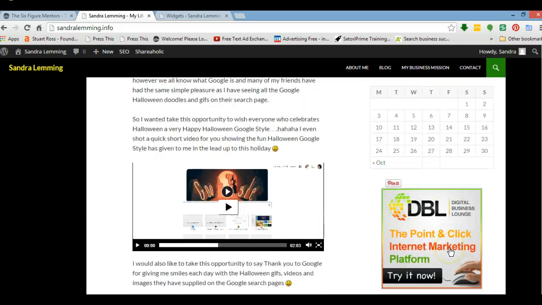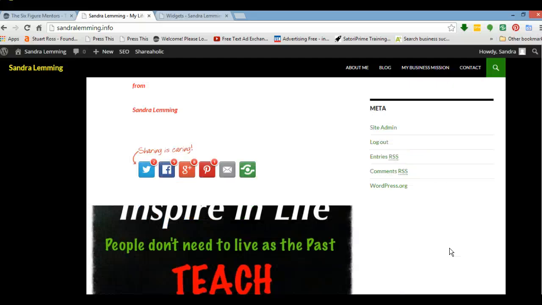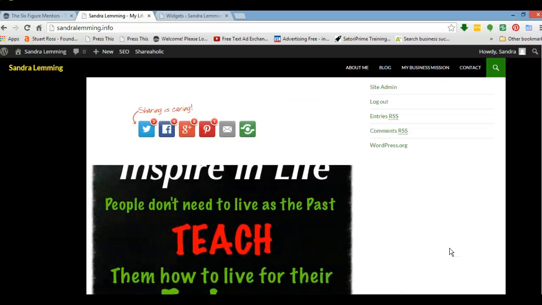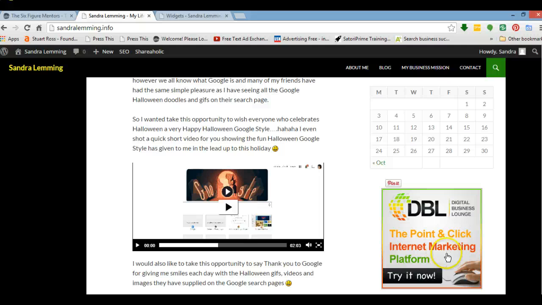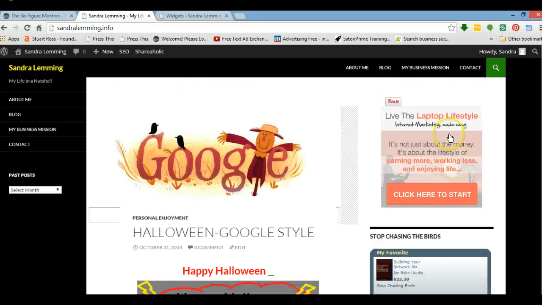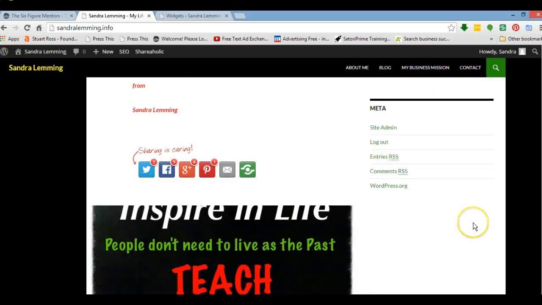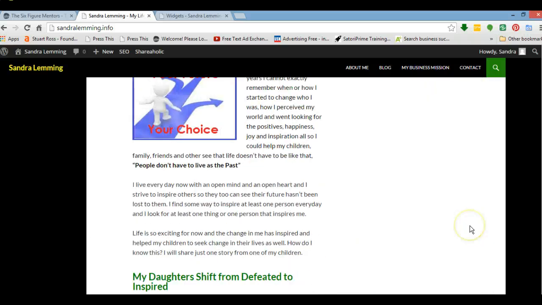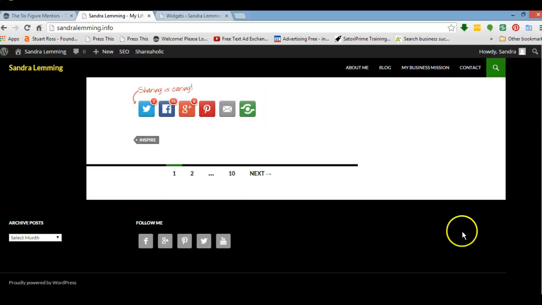So just have a play around with it. Don't get too in depth, but that's all a widget is. When people are talking about widgets on websites and widget areas, that's what they're talking about. They're talking about these things here, share icons and things like that. That's all anyone is talking about when they're talking about widgets. This sort of stuff here, past posts and the things that you see at the bottom, like archive posts, and sometimes they have banners, lots of banners,